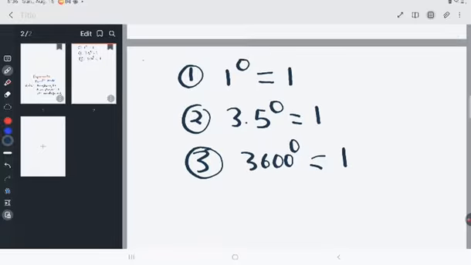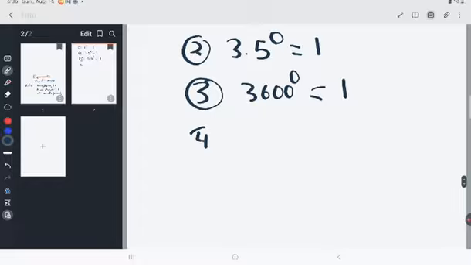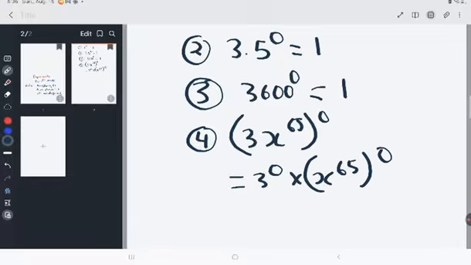behold, it's still 1. Now we can make it a little bit more involved by even adding variables. So if we have 3 times x to the 65th power, and all of that to the power 0, what is that going to give us? So we can break it down to 3 to the power 0 times x to the power 65, then again to the power 0, and this is just going to be 1